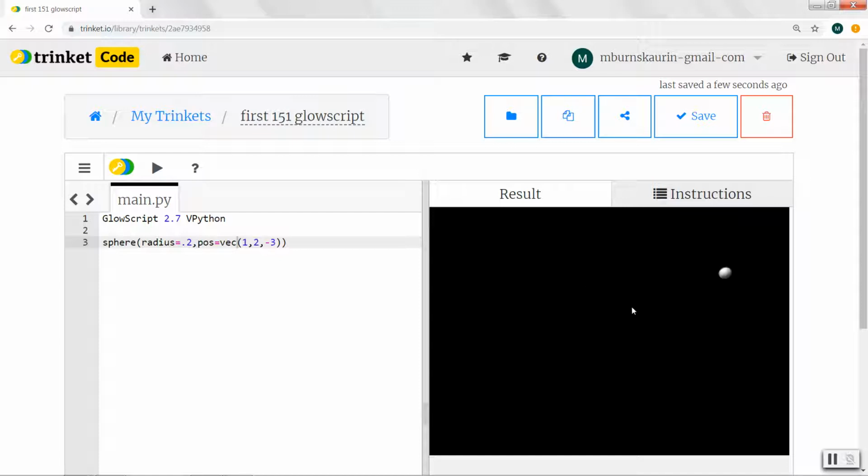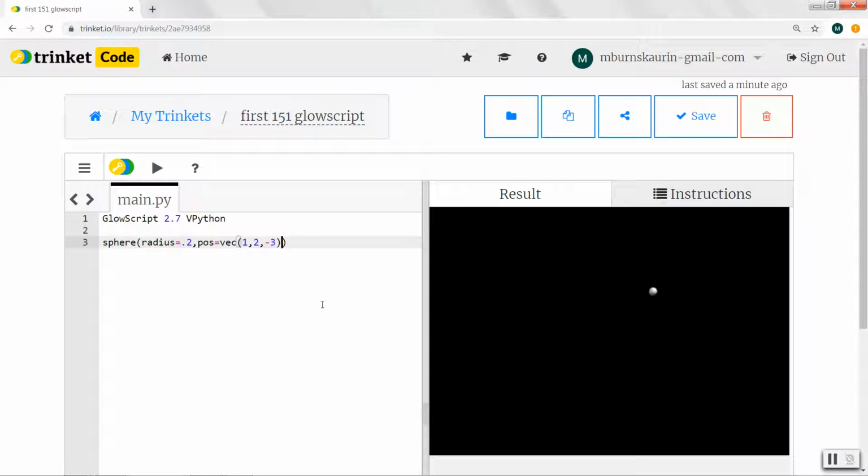If I hold down both mouse buttons, move up, I zoom in, move out, I zoom out. So you have the ability to control how you're looking at the scene here and to zoom in and out. Okay, I'll run it again to get back to the original picture. So another property that you can give a sphere: it doesn't have to be white. So I want to go back to the sphere,